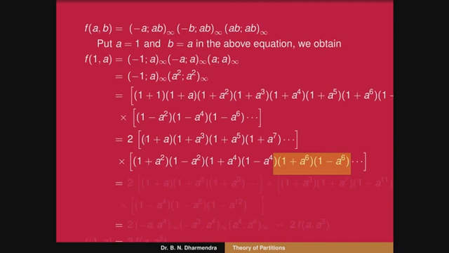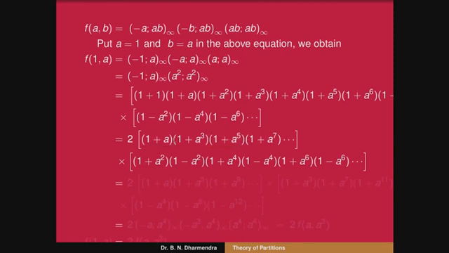And also here we have to split into two terms. The terms in terms of odd numbers, we have to take that the base is a to the power of 4. That's why the first term is 1 plus a and the second term is 1 plus a to the power of 5. Okay.